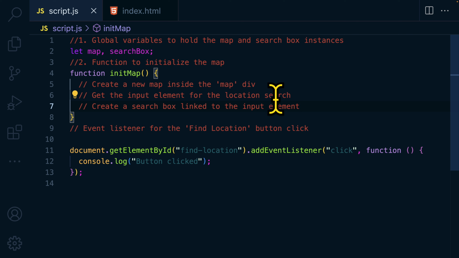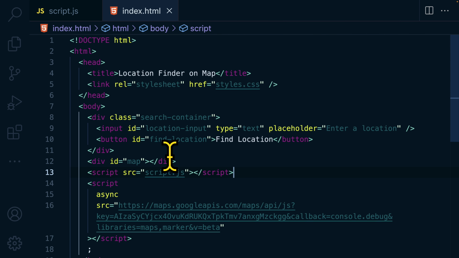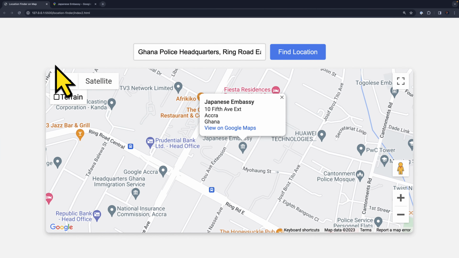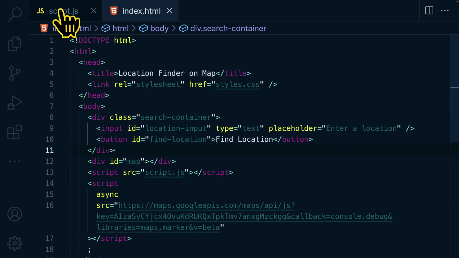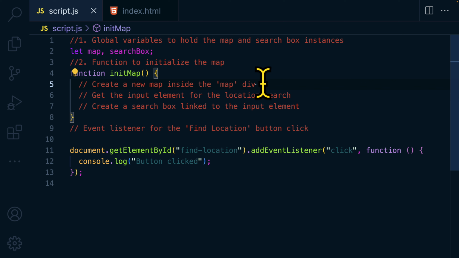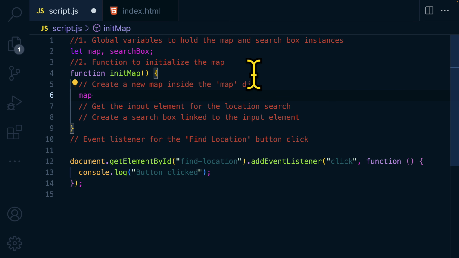Alright, so let's begin with the creation of the new map inside the map div. Meaning that we are going to embed the map inside this particular div. And this is what you see in the demo project. And this is where we are going to embed the map. So let's continue. So over here, I will say map. Remember, we have already declared it here as map. It's equal to new. We are going to create an instance of Google Maps. So here is equal to